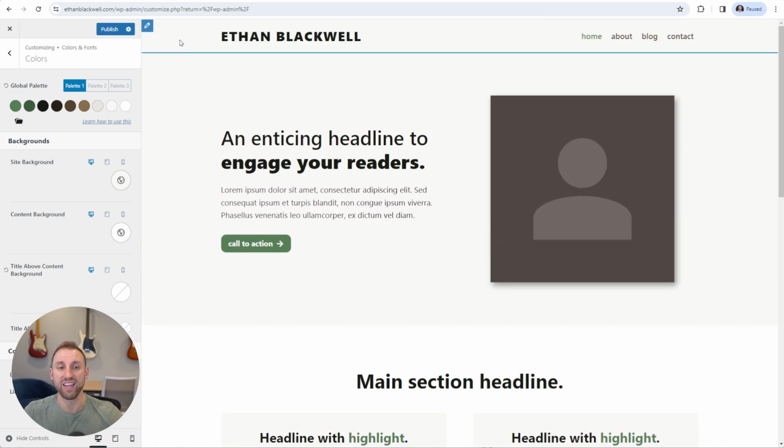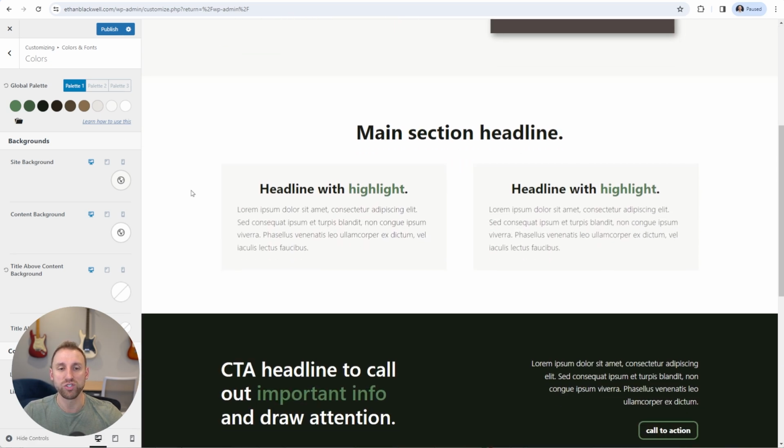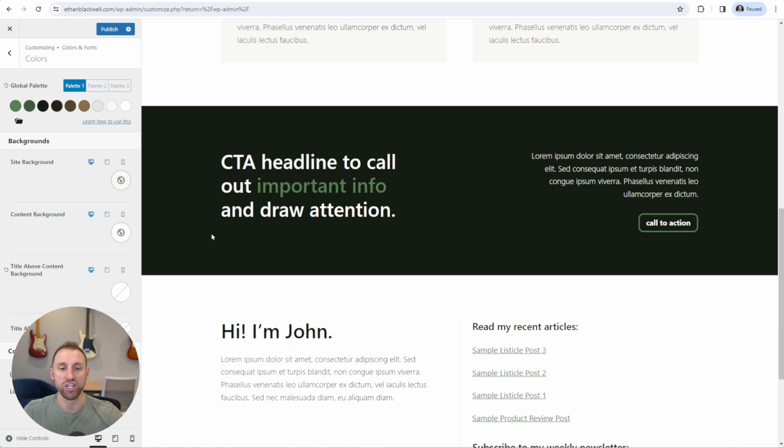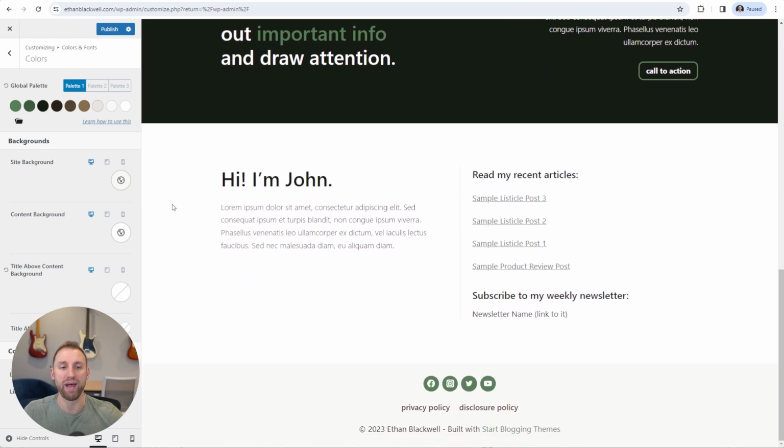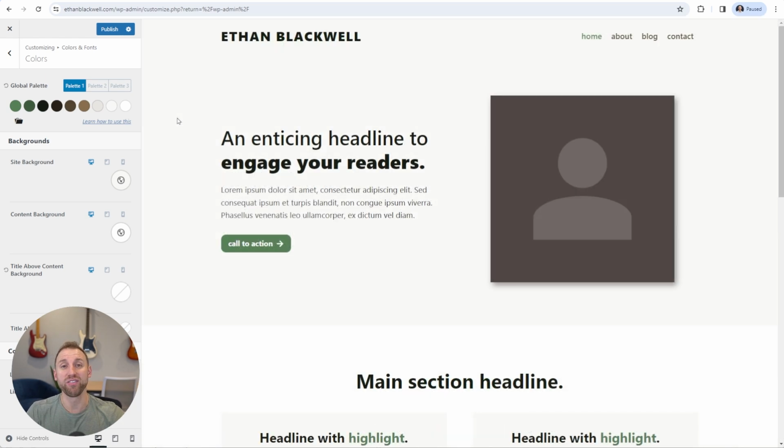So the hero section and the header here have that slightly off white for that 8th color here. And then as we scroll down, this has just pure white as a background, but now we're using that 8th color as the background for the content boxes. In this situation, we have a really dark color being used as the CTA background, but you can obviously change these to whatever you want with one click. It's extremely simple. And then we go back down and we're back to a pure white background with some text on it. And then we get into the footer, which once again goes into that slightly off-white or that beige background. All right, so now that we have our entire Kadence global color palette filled out and set,